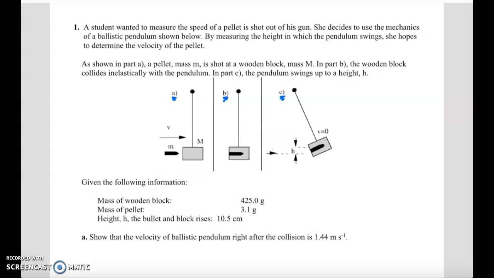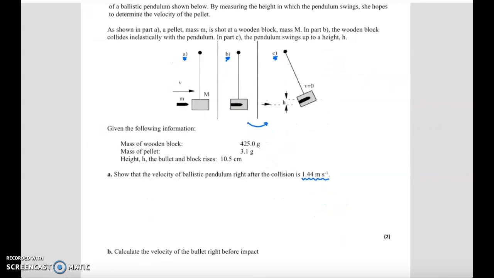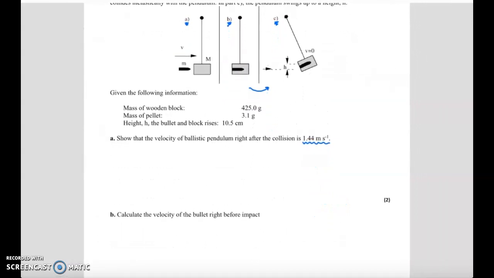Part A is going to ask us to show that the velocity of the ballistic pendulum right after the collision is 1.44 meters per second. So really that's trying to show right after the collision, like right here when it goes from B to C. So I'm going to zoom into that B and C. Notice that this isn't actually the collision itself. In B, the pellet has already collided with the block, and then in C, it swings upwards because of that bullet's velocity. So because of this, I'm thinking conservation of energy,